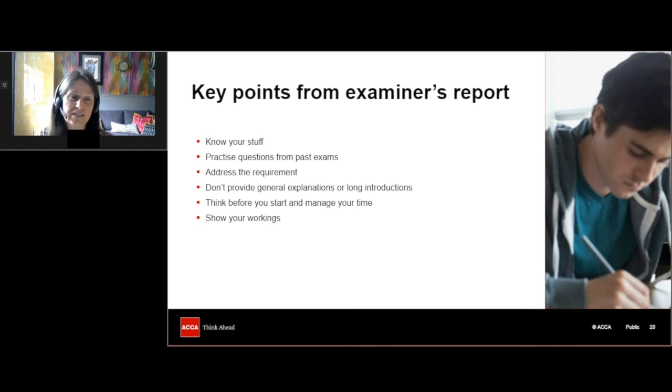And show your workings. As I've said, you can do workings in the cells in the spreadsheet, but certainly for more complicated workings, it's a good idea to write those out in case you make a mistake, because the own figure rule will apply. If you make a mistake and use your figure correctly, then you should only lose the mark or not score the mark for that one mistake that you've made.